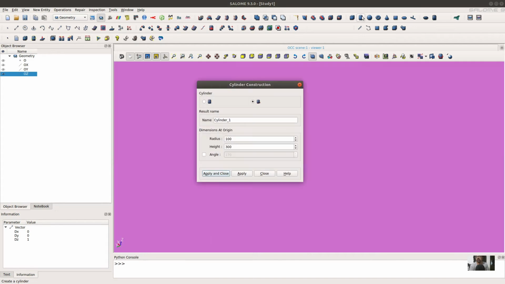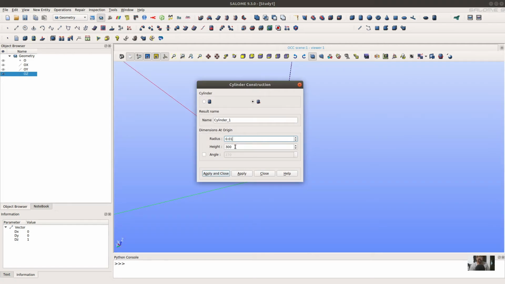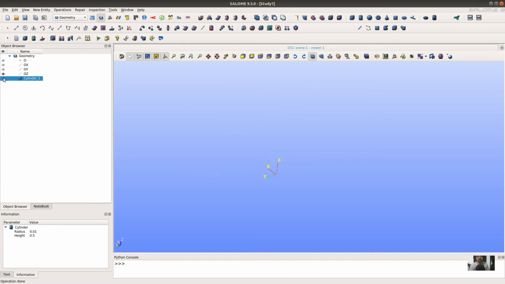It has a 10 mm radius and a 500 mm, or 0.5 meter, height, which is the length of the pipe. Now you have to apply and close it.